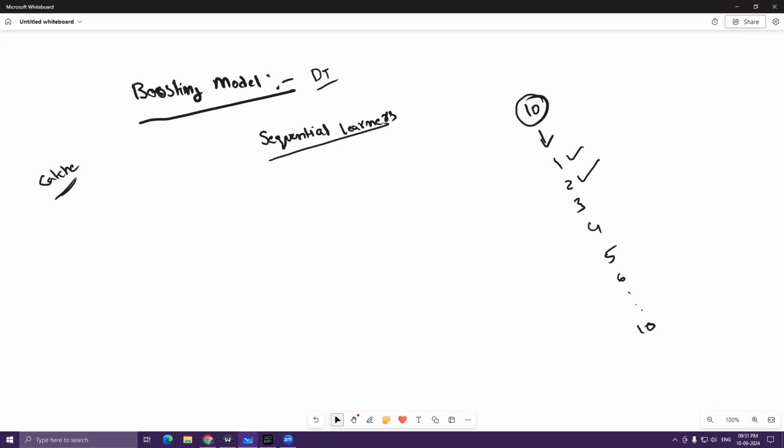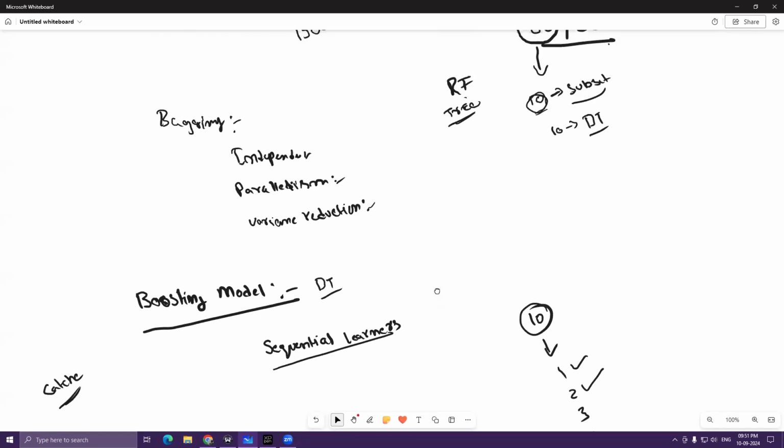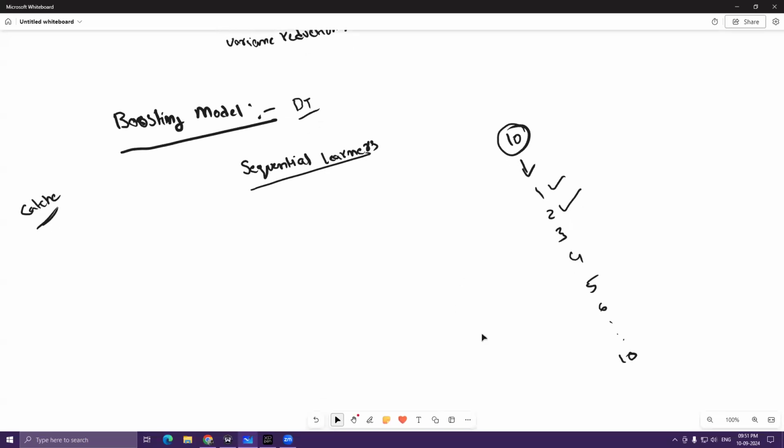Just like your bagging, your boosting can also be used for voting and also averages, weighted averages. Now, the key points which you have to understand from this boosting model is that dependency between the models will be present with your boosting, and bias reduction will be done. Now, previously, our main focus was variance reduction, but here with boosting we are actually working with bias reduction,